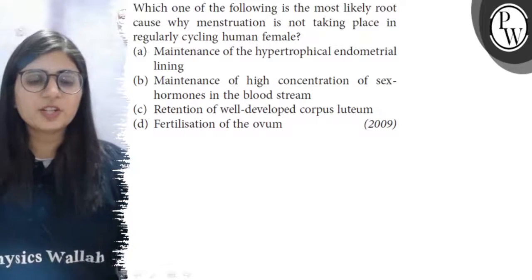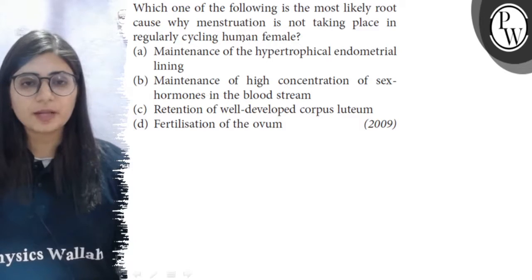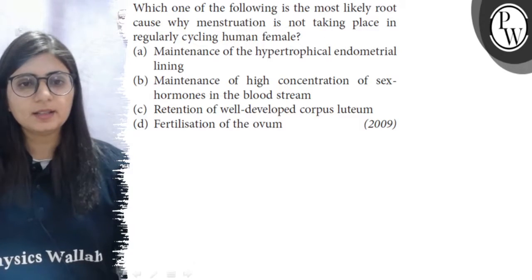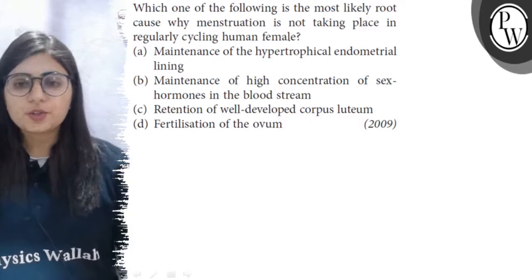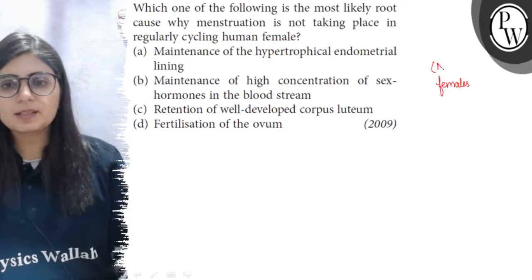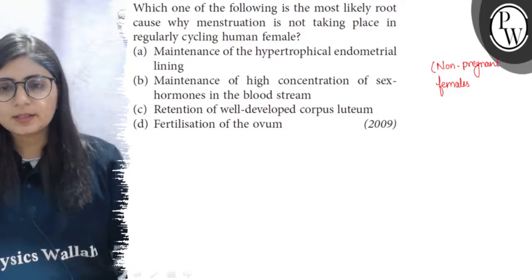Hello everyone, the question is which one of the following is the most likely root cause why menstruation is not taking place in a regularly cycling human female. So let's see that in females, if a female is not pregnant, so in a non-pregnant female, what happens that